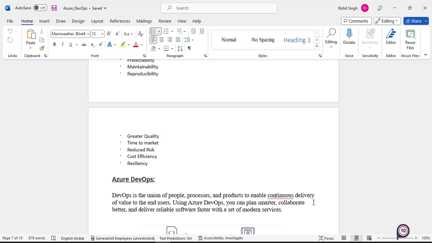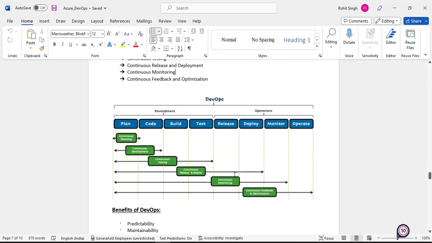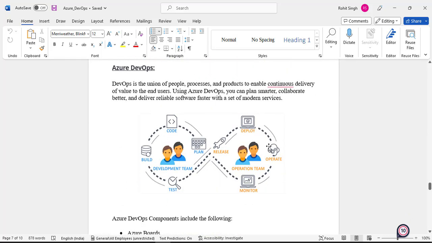So this is all about the theory, guys. In this theory, there are a couple of things we have talked about. Mostly we spoke about the methodology, how Scrum, Agile, Lean, Kanban differ from DevOps, and how they work together and form a very good software development and maintenance ecosystem through which you'll be able to achieve your desired results.